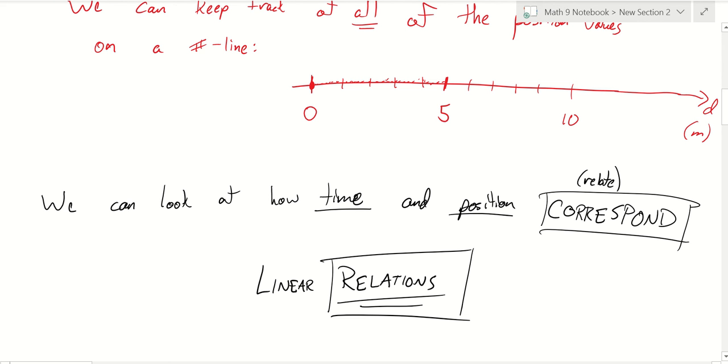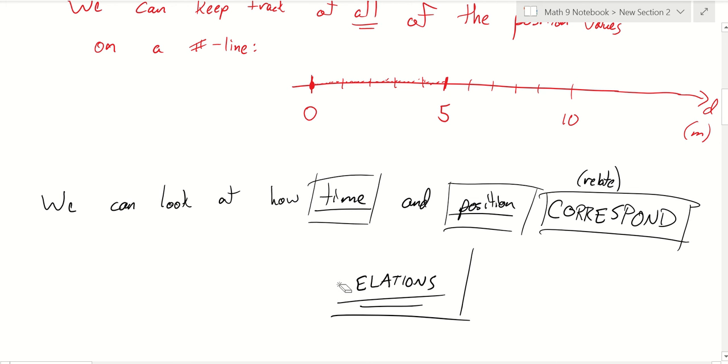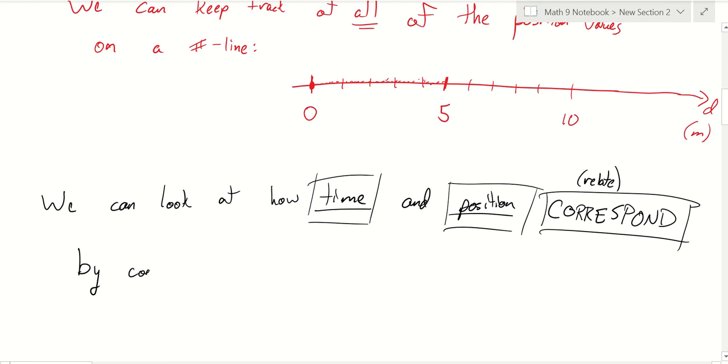If we're interested in motion, we're interested in the relationship between time and position, or you could say more fancifully, the correspondence or the relationship between time and space, right? Position is really different points in space. So we can look at how time and position correspond, and one way to do that is by connecting